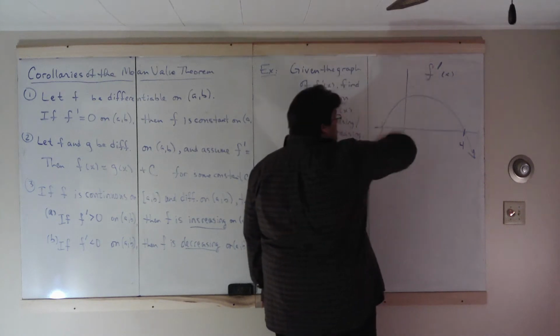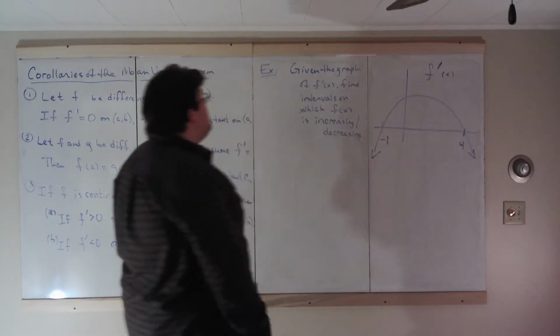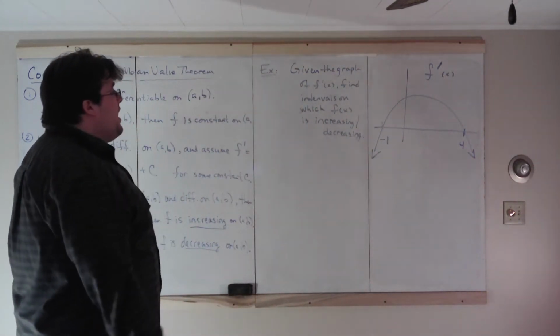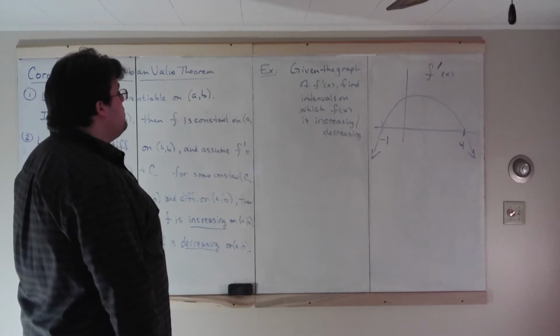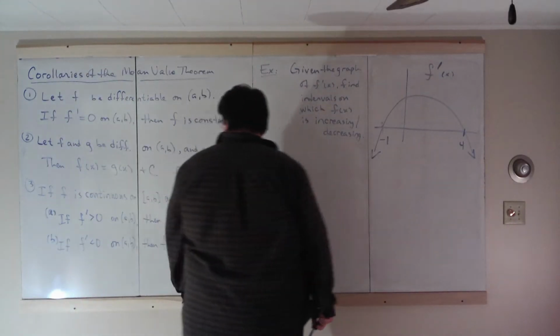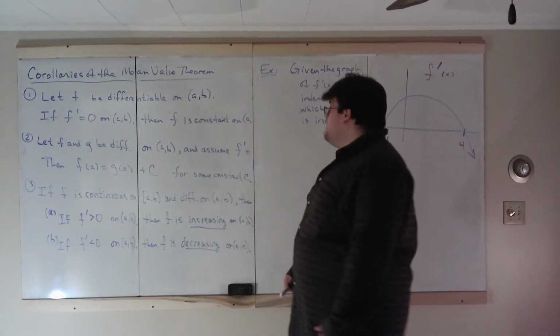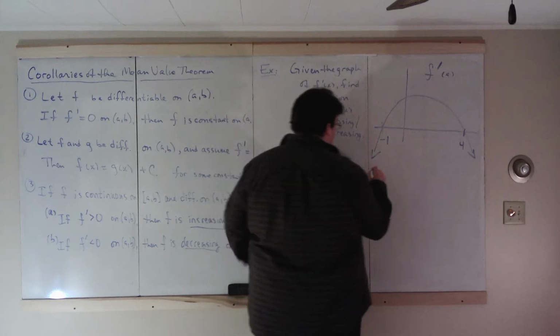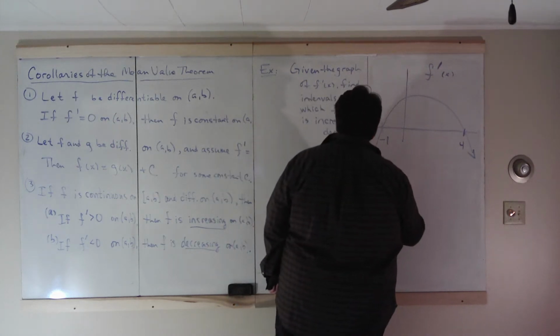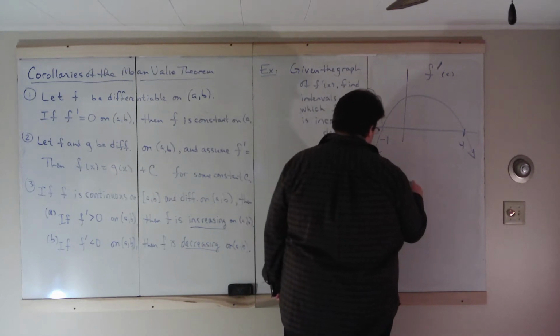It's increasing because it's going up, f prime, decreasing on the other interval. But here, we have a graph of f prime, and we want to know where f is increasing or decreasing. Well, we use this last result. If f prime is positive, then f is increasing. Where is f prime positive? So I'll just say f of x is increasing